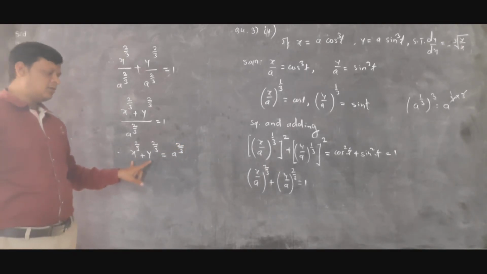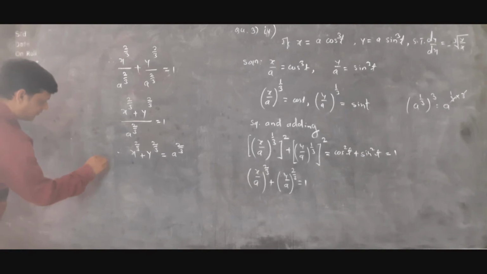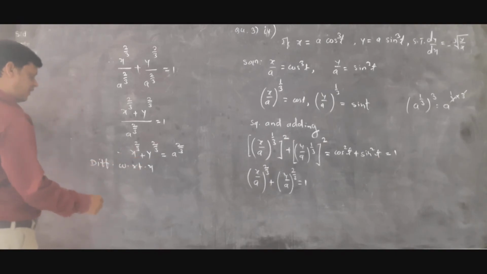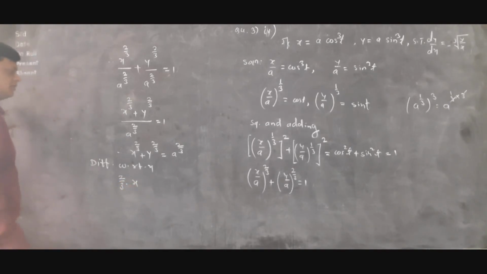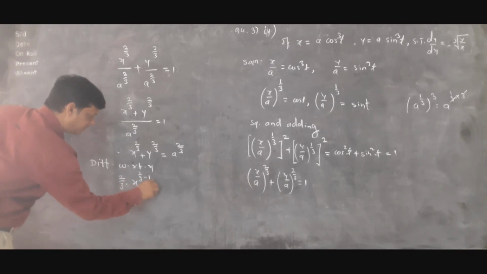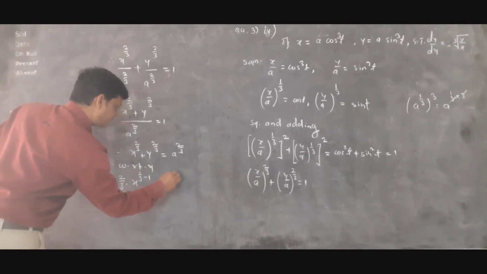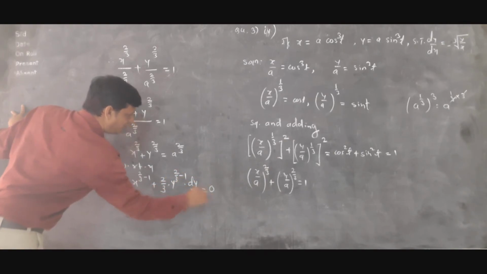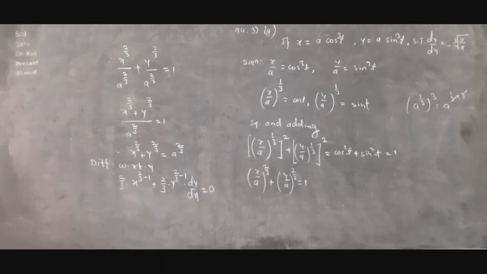Now differentiate both sides with respect to x because we require dy by dx. So right here, differentiate with respect to x. We have to apply the addition rule for the left hand side. So we write power in multiplication, 2 by 3 into x raised to the power 2 by 3 minus 1, plus here also we write power in multiplication, 2 by 3 into y raised to the power 2 by 3 minus 1 into the derivative of y, we write dy by dx, and the right hand side is a single constant, so we write its derivative as 0.